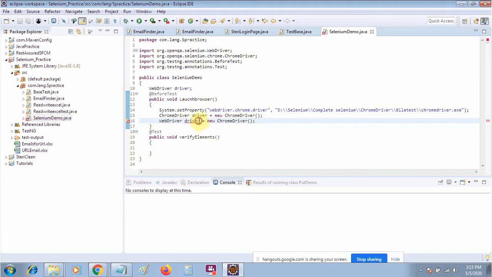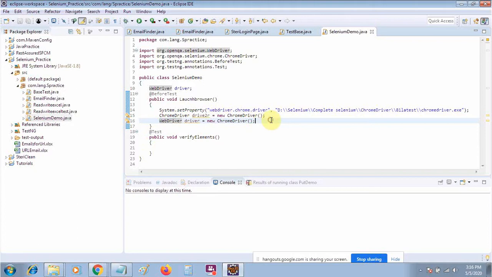You will see that in both cases, using either driver instance, you can easily open your browser and navigate to the URL. But always remember the major difference: ChromeDriver is a class, and WebDriver is an interface. The main difference is that we are creating an instance of the WebDriver interface and casting it to the ChromeDriver class.